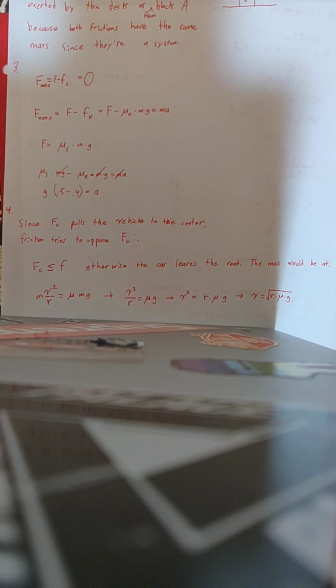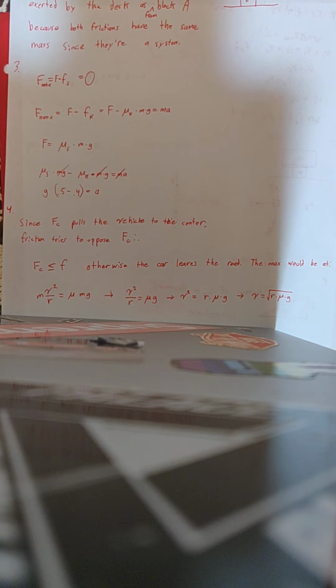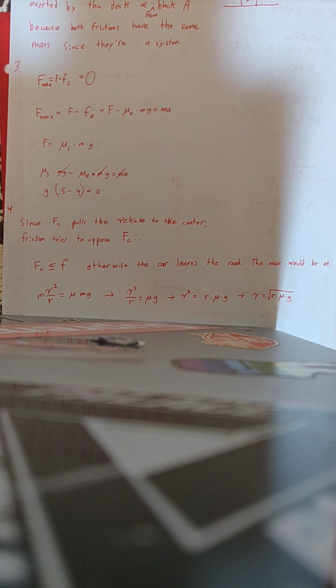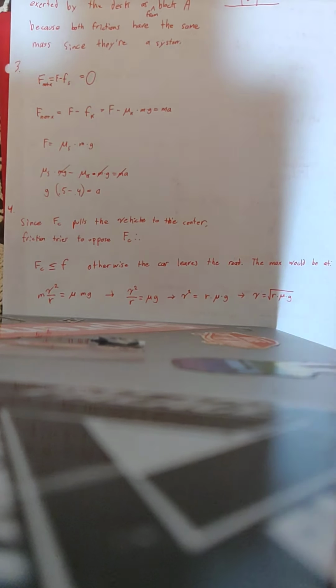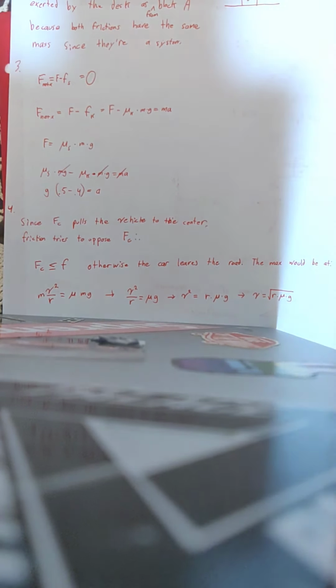Question 4, another tricky one. An automobile moves on a level horizontal road with a radius of 30 meters. They give you the coefficient of friction. They ask you for the maximum speed that this car can go on the road. And you may think that this isn't enough information to work with, but one of the things that you may